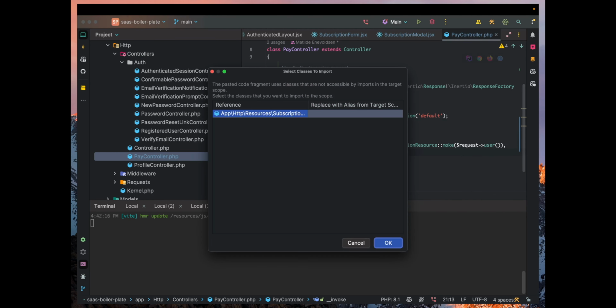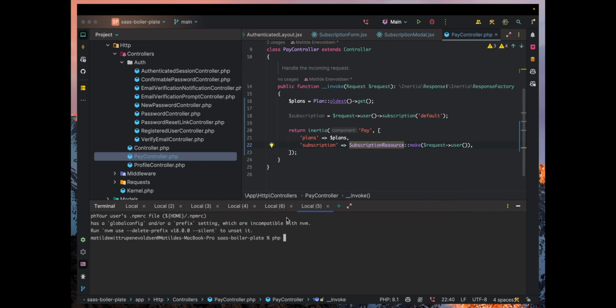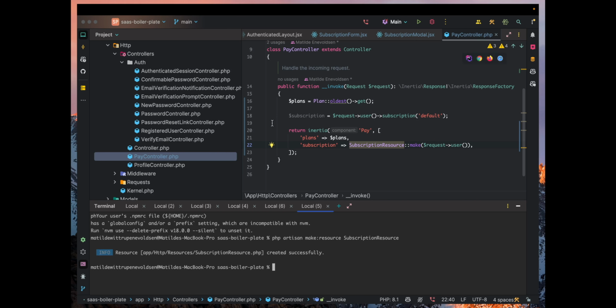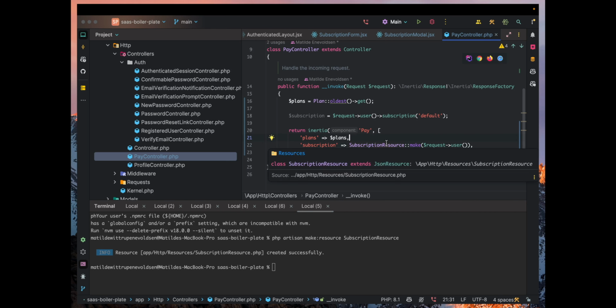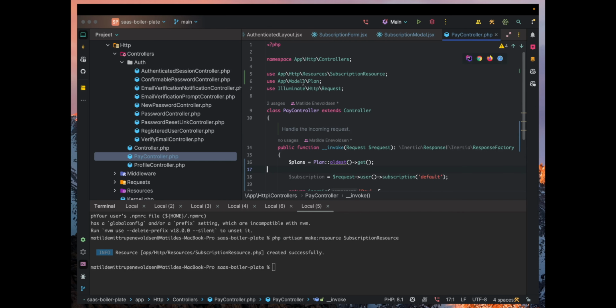And we need to pass through a subscription resource, which we need to actually make. So let's go ahead and make that now. I'm just going to remove that there. Perfect. And if we now go ahead and import this up here, then in here, let's just for now, inside the subscription resource, return